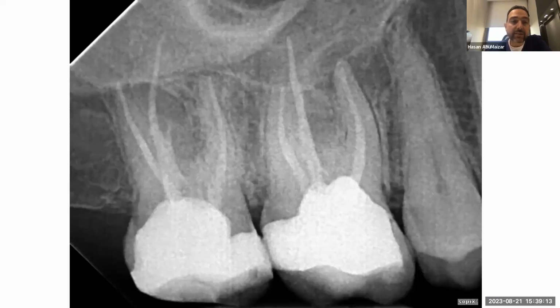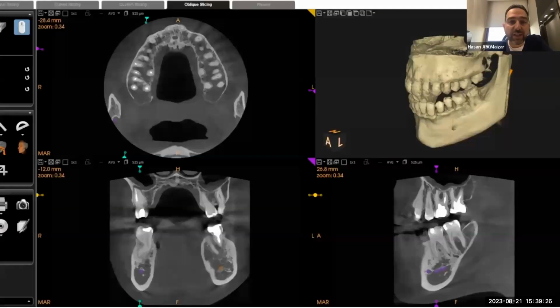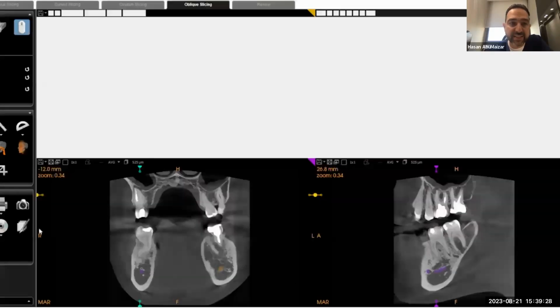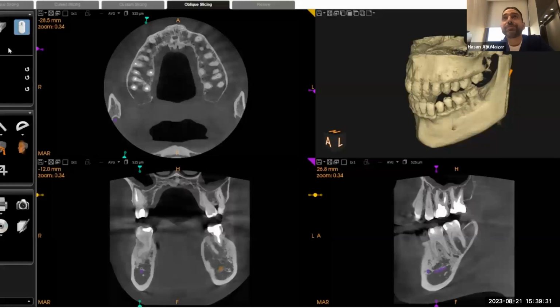So this is a case, an upper 6 and an upper 7. The patient came complaining of discomfort coming from the upper 6, which was treated some time before. The treatment mainly looks good. So the first thing I do is ask for a CBCT. As you can see here,